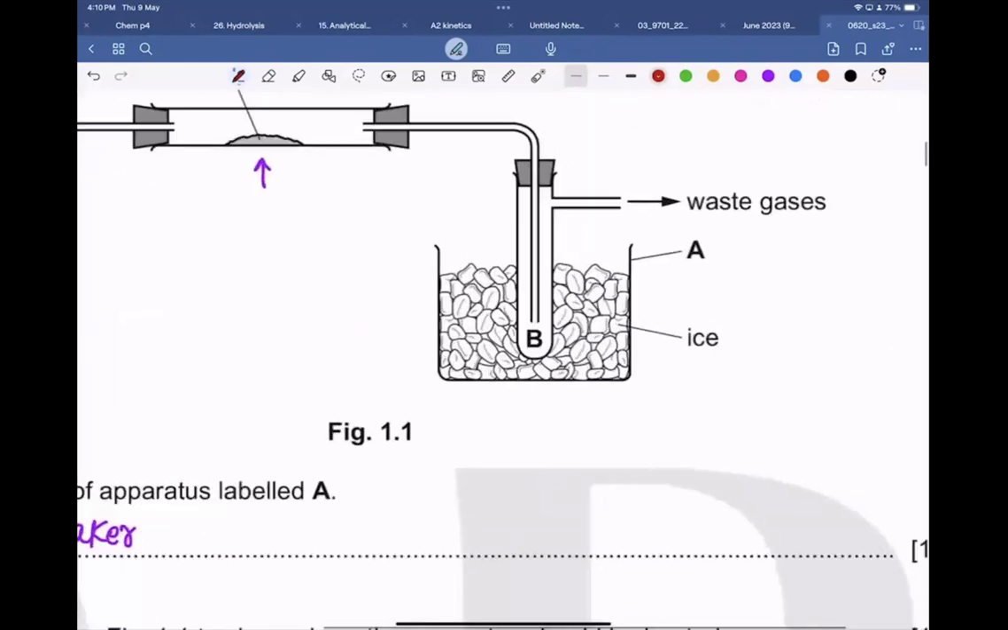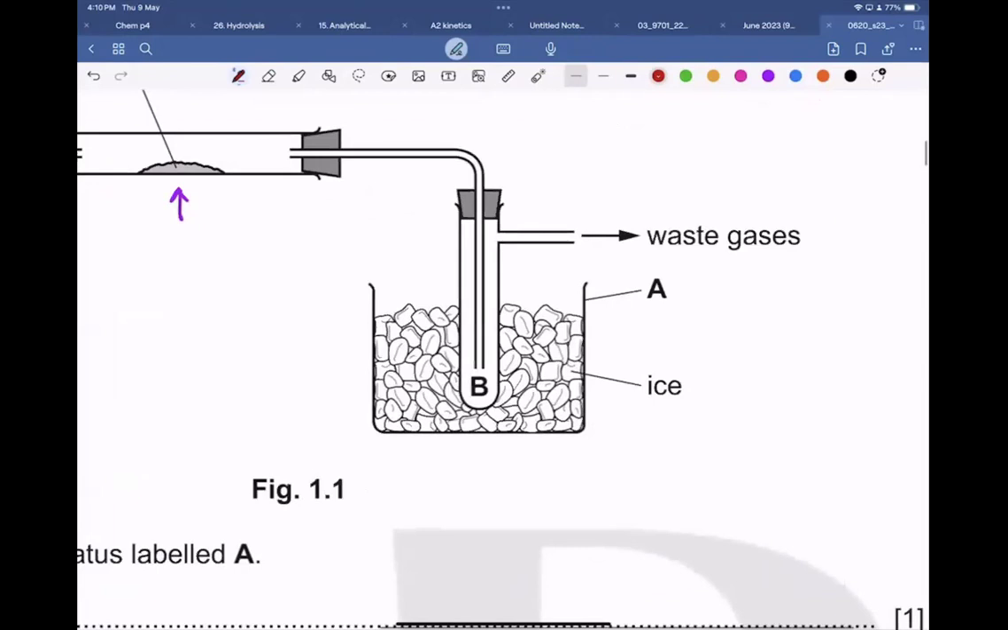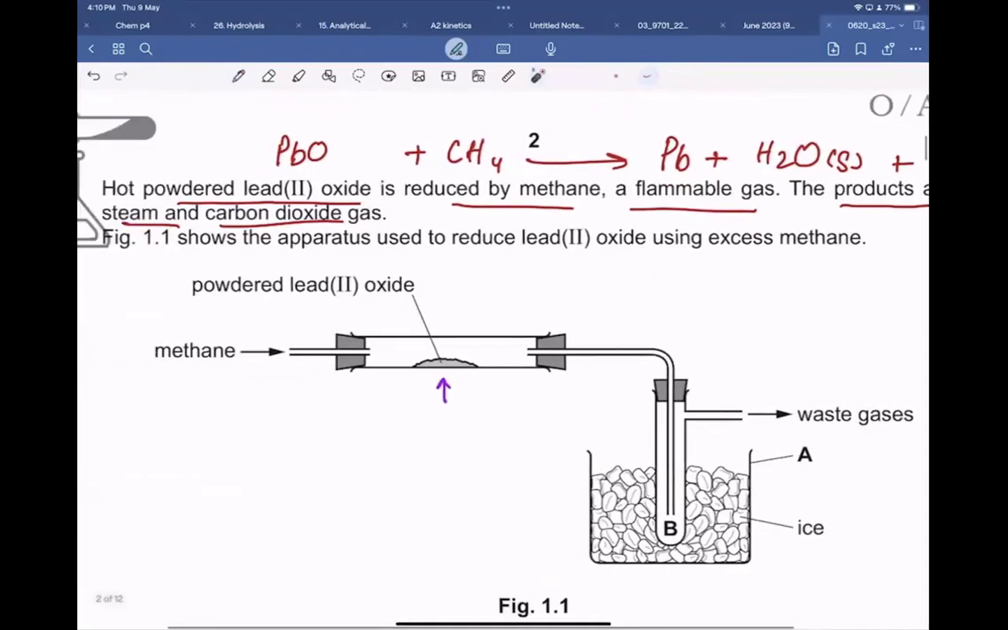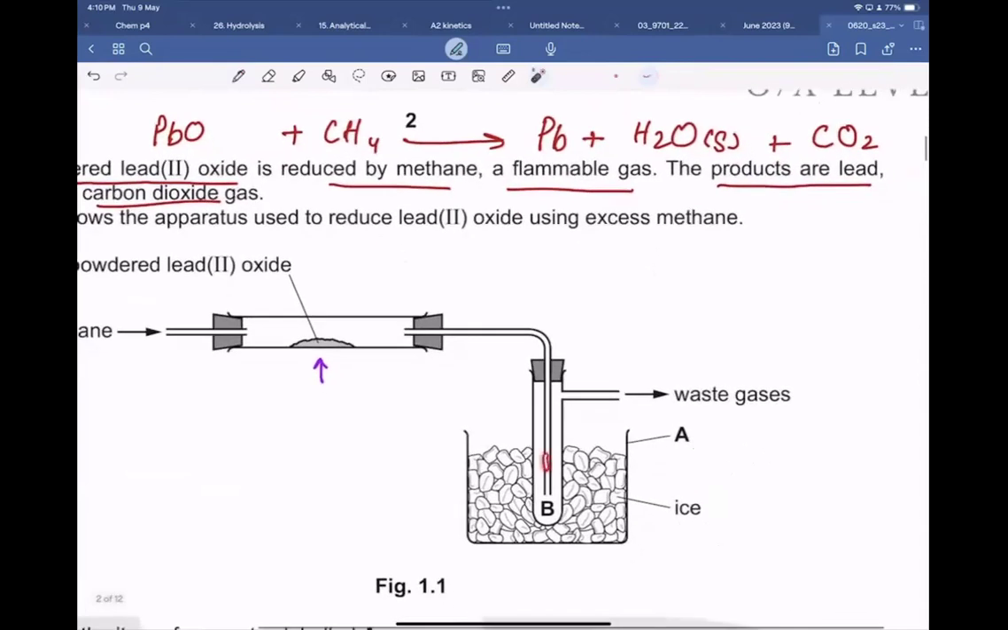So, if you see at point B, what will happen is that the products are lead, steam, and carbon dioxide gas. So, steam and carbon dioxide gas reach over here, and as a result, there is ice. So, due to the ice, the steam condenses to form a liquid, and the carbon dioxide moves and goes over here. So at point B,